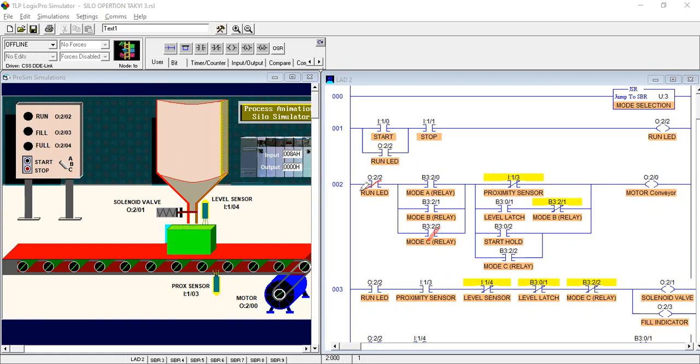After the red LED turns on, it will pass the power supply through mode selection C, and with the proximity sensor also energized, it will pass the signal to our motor conveyor, and the motor conveyor will be turned on and running.